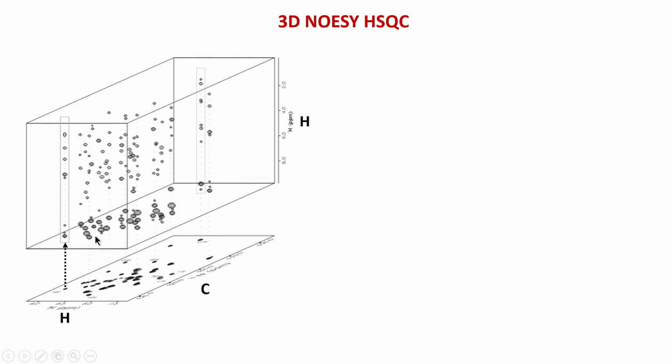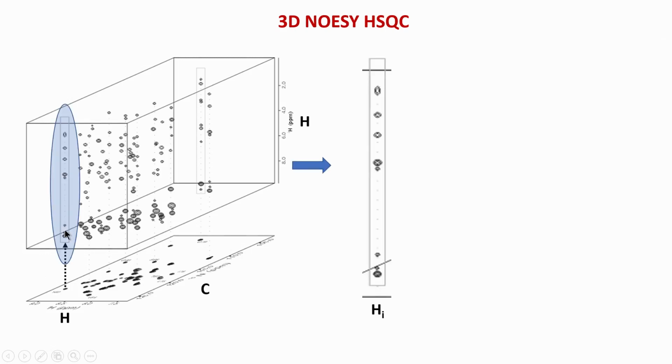So, now let us look at this more carefully in the strip plot manner. This is the 3D NOESY spectrum which I told you about earlier. Now suppose I take a strip out of this. I consider this strip, which is shown in a magnified, zoomed manner. Here I am seeing Hi-Ci correlations. This is an HC combination, but for any given proton i and Ci plane, I am drawing a strip along this axis.